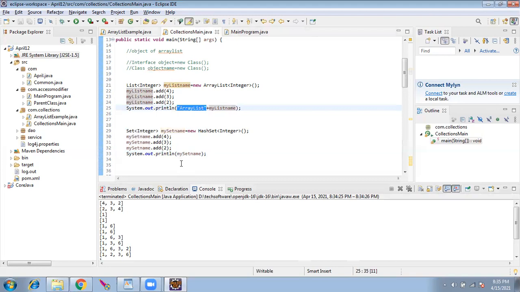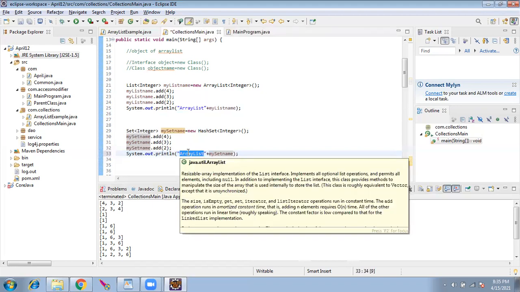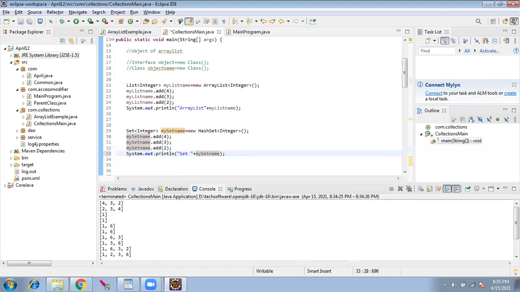See, I added 2 at the end. The hash set will sort. If I'm going to go 6 at the end, then automatically it's going to sort.